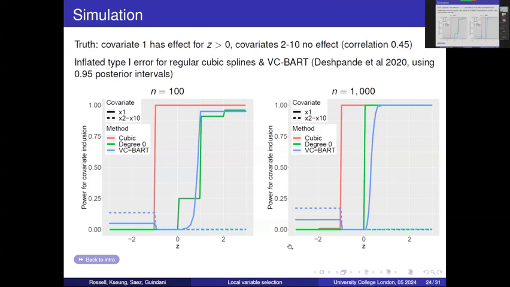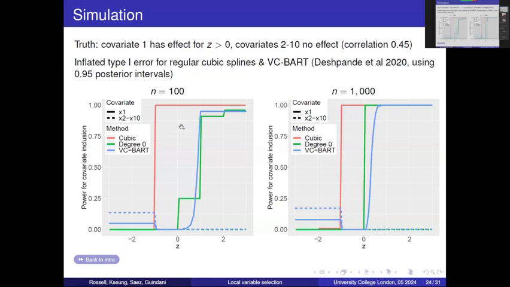Okay, so this first example is a simulation exercise. It's just showing what I've been saying in words. There are 10 covariates. Covariate 1 has an effect. The other covariates don't. Covariates are correlated. And here is the power, the proportion of simulations in which we claim that there is a local covariate effect at different coordinates. Our method is the green one, so you can see it's making no mistakes for z less than 0, the region where there truly is no effect. And when there truly is an effect, sometimes we pick it up, sometimes we don't, depending on how strong the effect size